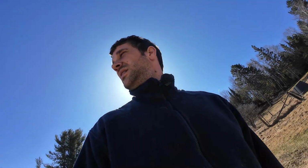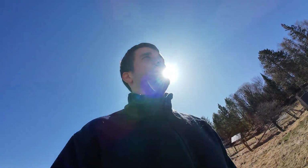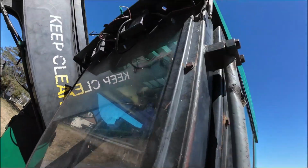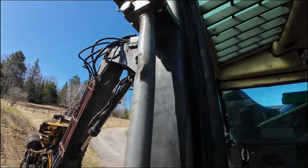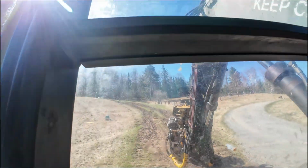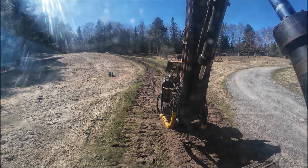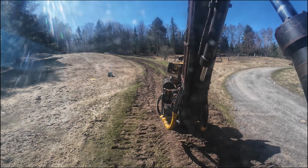I had water troughs and hay bales to feed for the horses. So we're gonna let it warm up for 10 minutes and then we'll get in the cab and make our way back up the hill. See where we go from there. Alright, let's hop in the cab. She's all warmed up. Find somewhere to park ya. Alright, so this is that hill that I was talking about in the